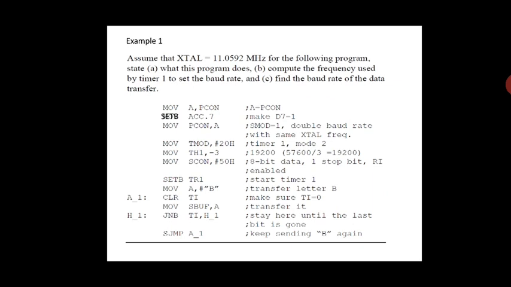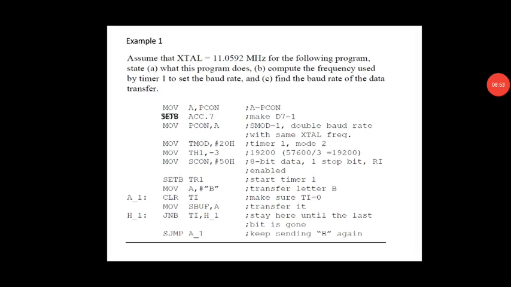Okay, SCON 50. This 50 will be the standard. Why do we set it to 50? I hope we know that. You can refer to the previous class. There is 8-bit data, 1 stop bit. This is very indicative information about what we are using. Okay, mode 1 in which we are using a total of 10 bits for transmission, the start bit and the stop bit in between the data bits.